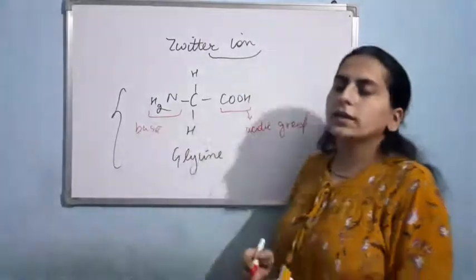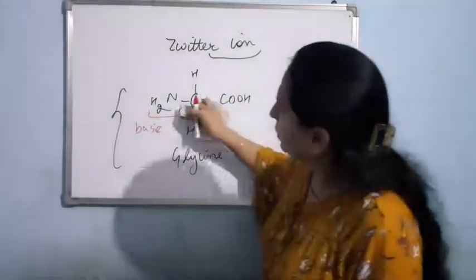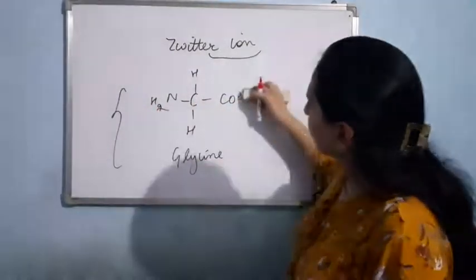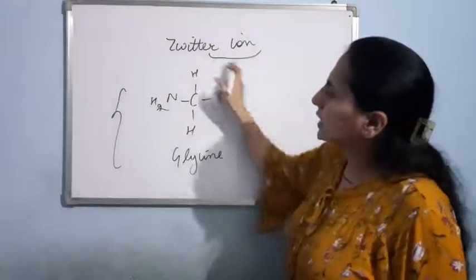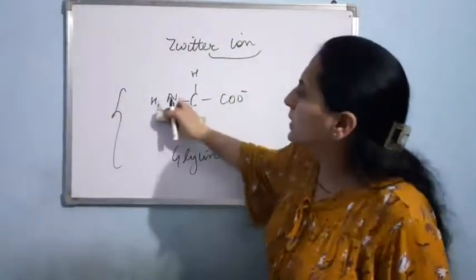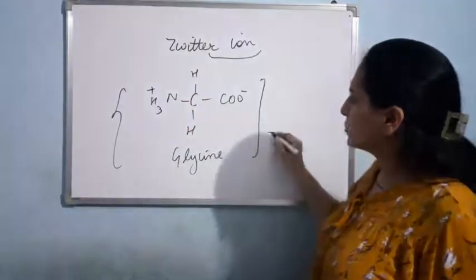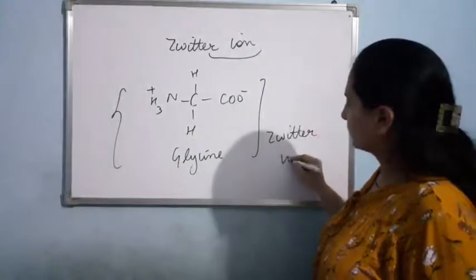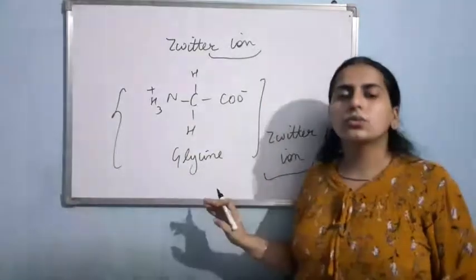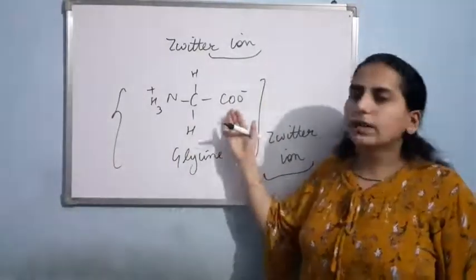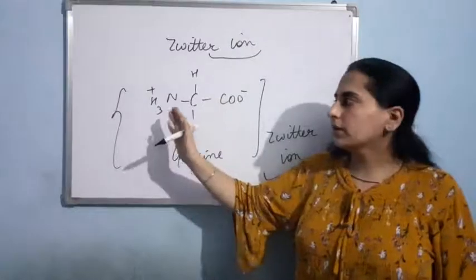Now acidic groups tend to lose the H ion. So what will happen? This group will lose the H ion, it will become COO negative. Am I clear? Now this H ion will be taken by the NH2 group as it is a base and bases tend to gain the H ion. It will be NH3 positive. So this is our Zwitter ion. Am I clear? In neutral solution, the amino acids make the Zwitter ion. The H ion released by the acidic group is taken by the NH2 group, and it becomes COO negative and that becomes NH3 positive.